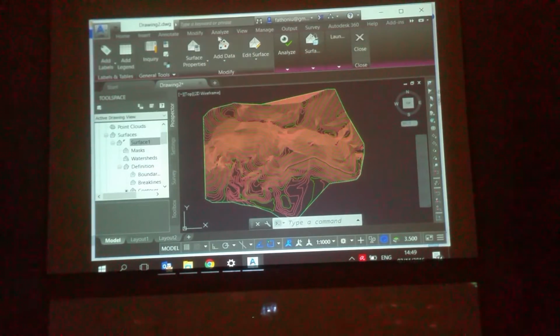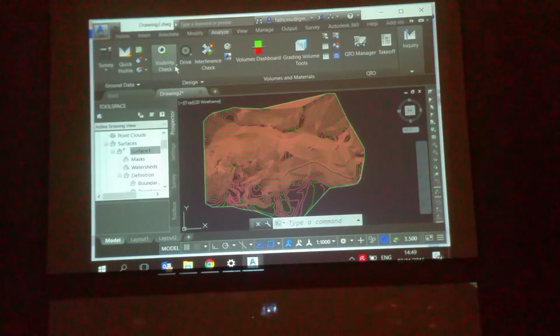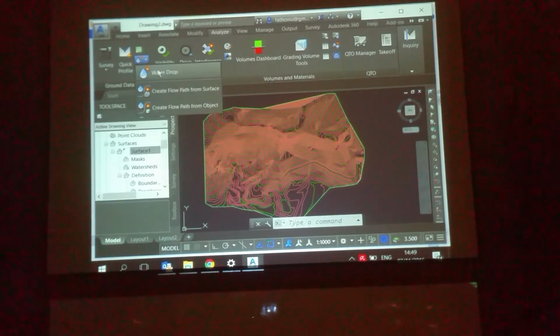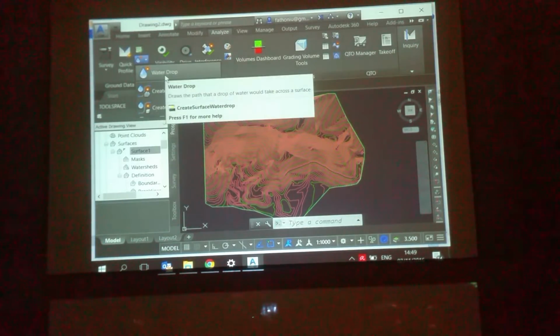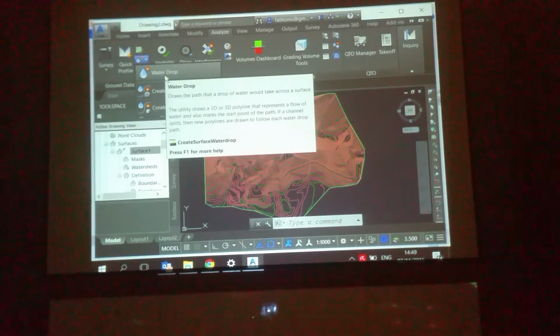What is the analyze? I can do this one, water drop, to determine where the discharge point is, and where is the suitable area for your building platform.